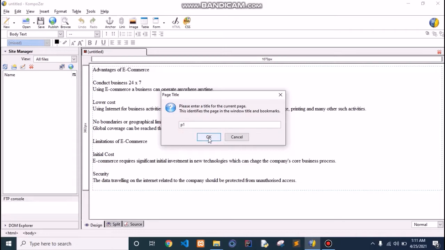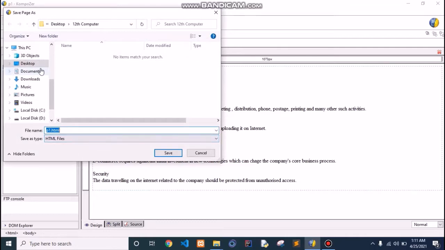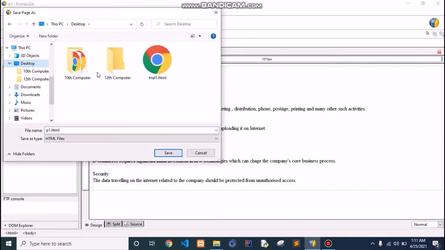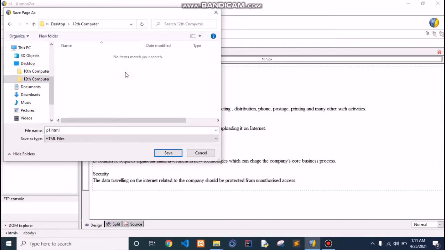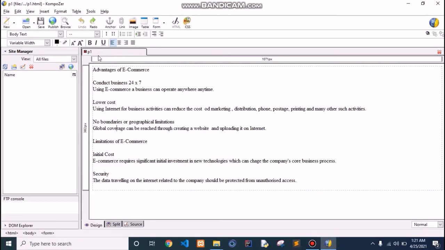Click on OK button. Then on the desktop, I have created a folder named 12th Computer. In that folder, I will save the name of this file as p1.html. Click on Save button. So here, web page title is displayed as P1, and here on the title bar, you can see file name as p1.html.